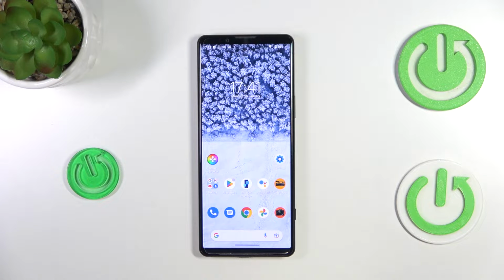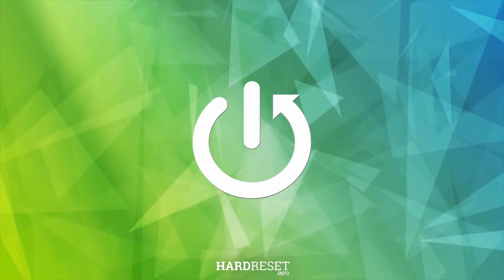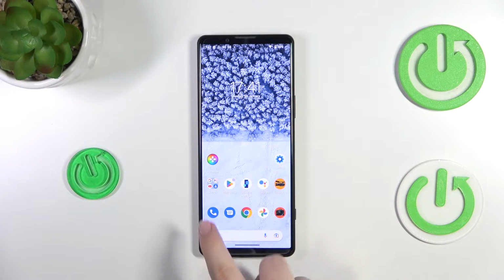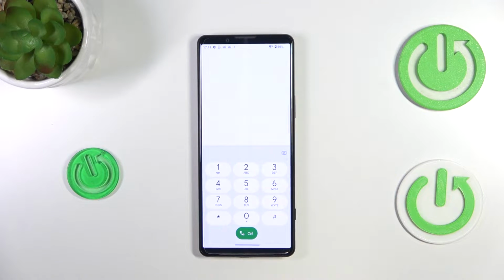Hi everyone, in front of me I've got Sony Xperia 5.4 and let me share with you how to use secret codes on this device. So first of all, let's open the dialer as it is a place where we can enter all of those codes, and let me begin with the shortest one and probably the most known, which is